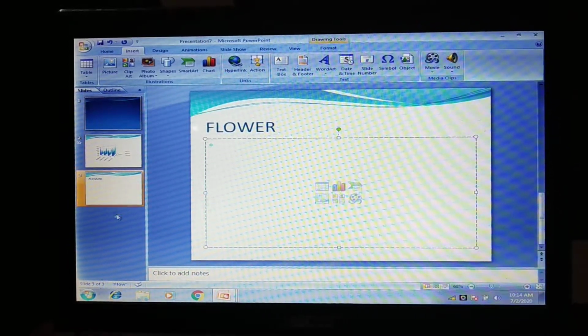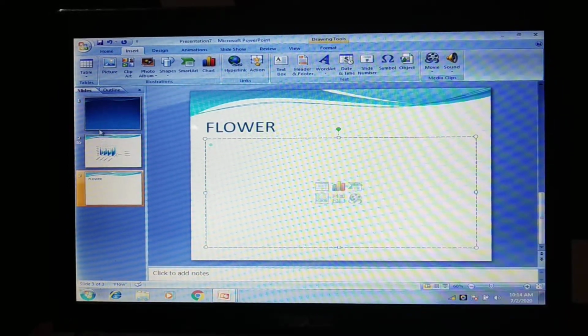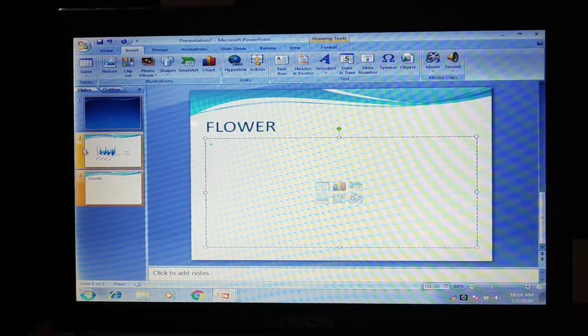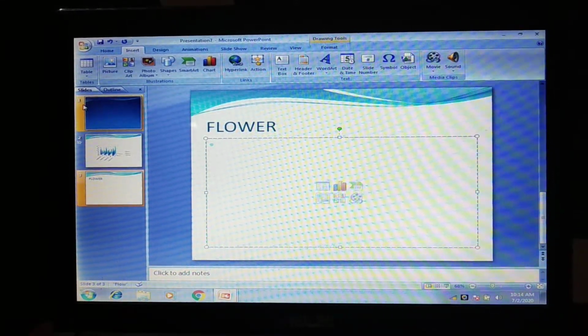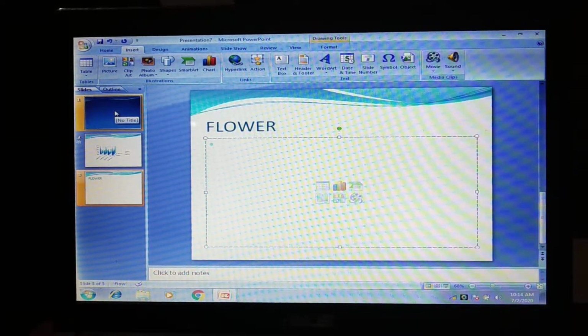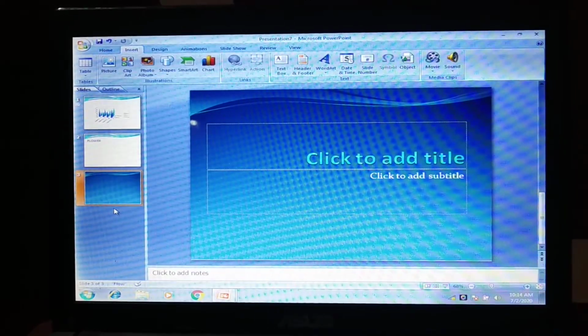Suppose here you see on the left side there are 3 slides already prepared. Now I see slide 1, slide 2, slide 3. Now I want to bring slide 1 to after slide 3. So I'll press, drag and then change the order.